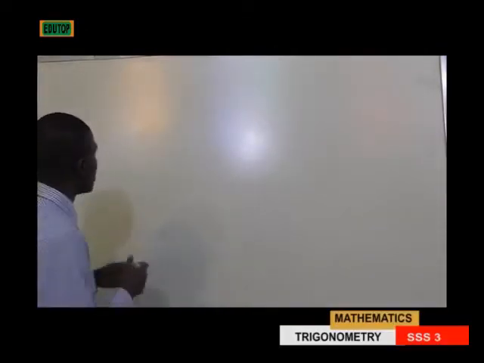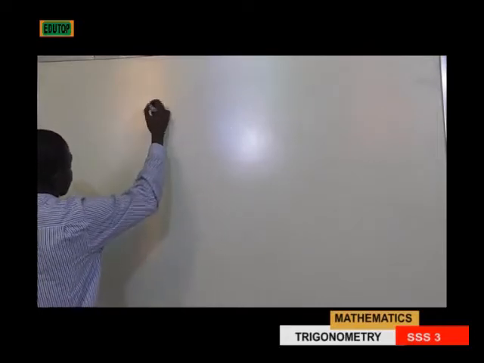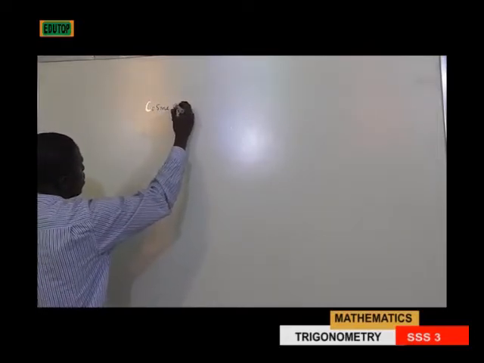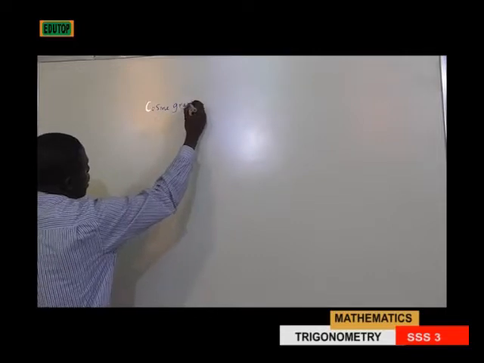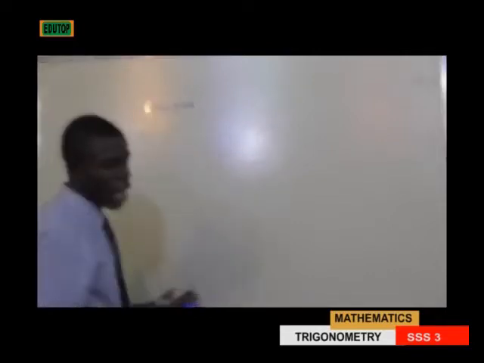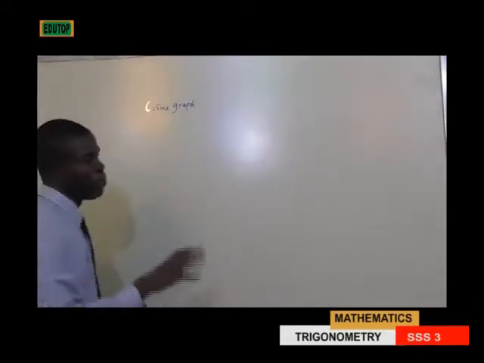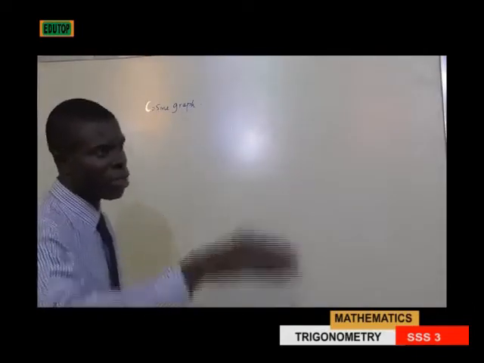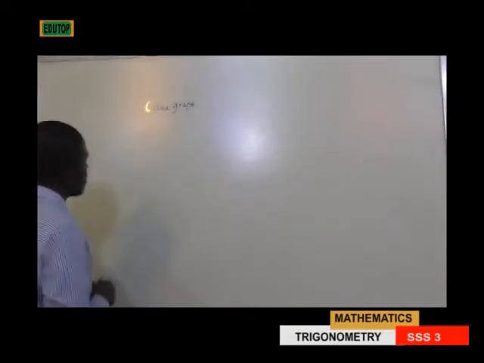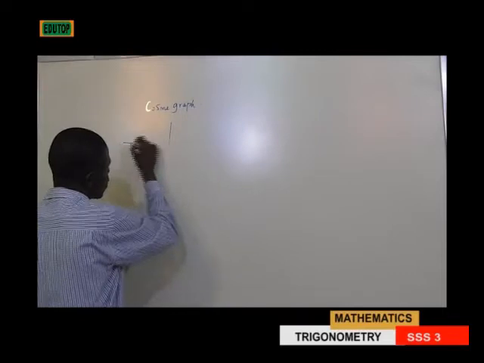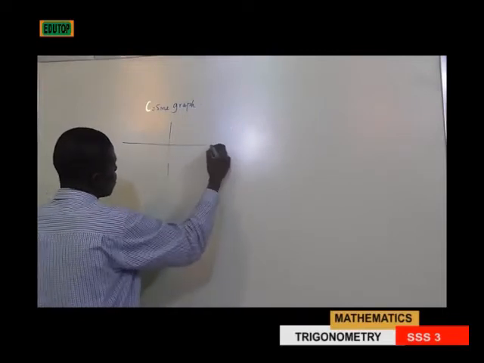Having done that for the sine graph, our interest now is to talk about cosine, so that when you see a sine graph that is represented, you can be sure that because of the way this looks, this must definitely be a sine graph. So in the case of a cosine graph, if you have a scenario like this, where